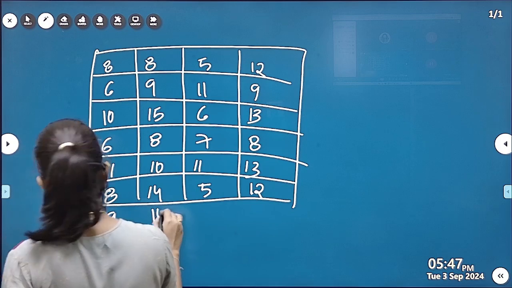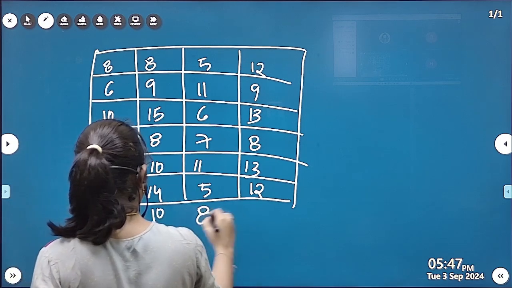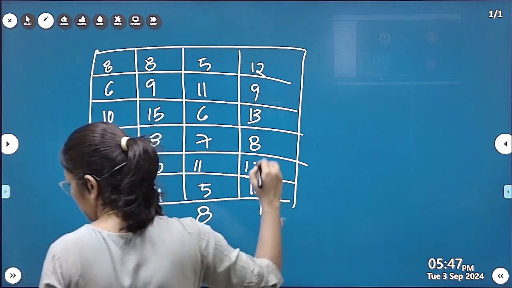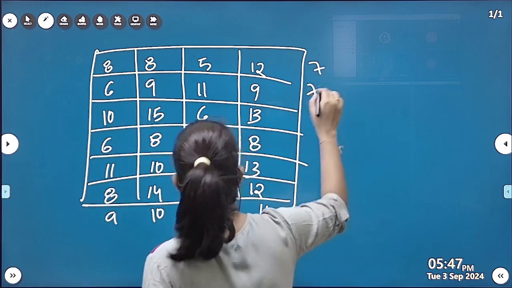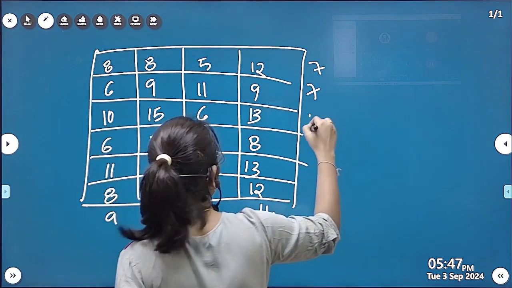So this is 9, this is 10, this is 8, this is 14, this is 7, 7, 10,